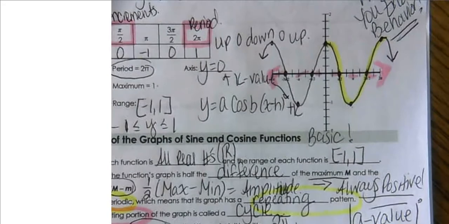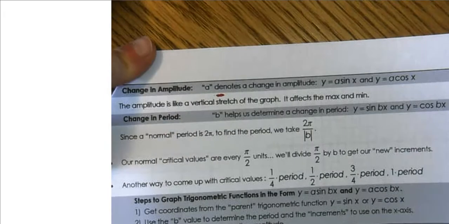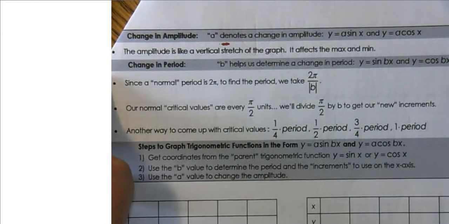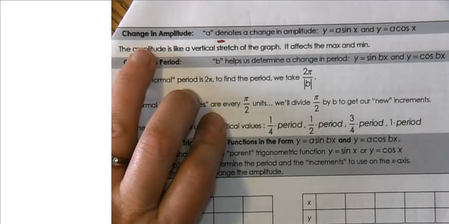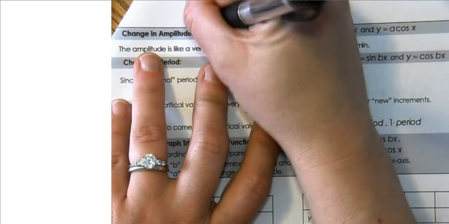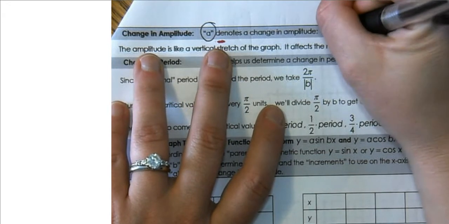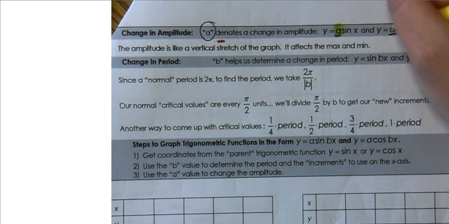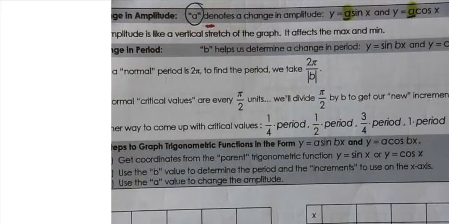All right, so let's go ahead and talk a little bit more about the information pertaining to these types of functions, because now we're going to be taking it to the next level by really changing things up, like changing the amplitude and changing the period. A change in amplitude comes from your A value. A denotes a change in amplitude. So what you're going to see is that there's going to be a number right in front of your sine or cosine functions. That value, we kind of view as a vertical stretch of our graph,